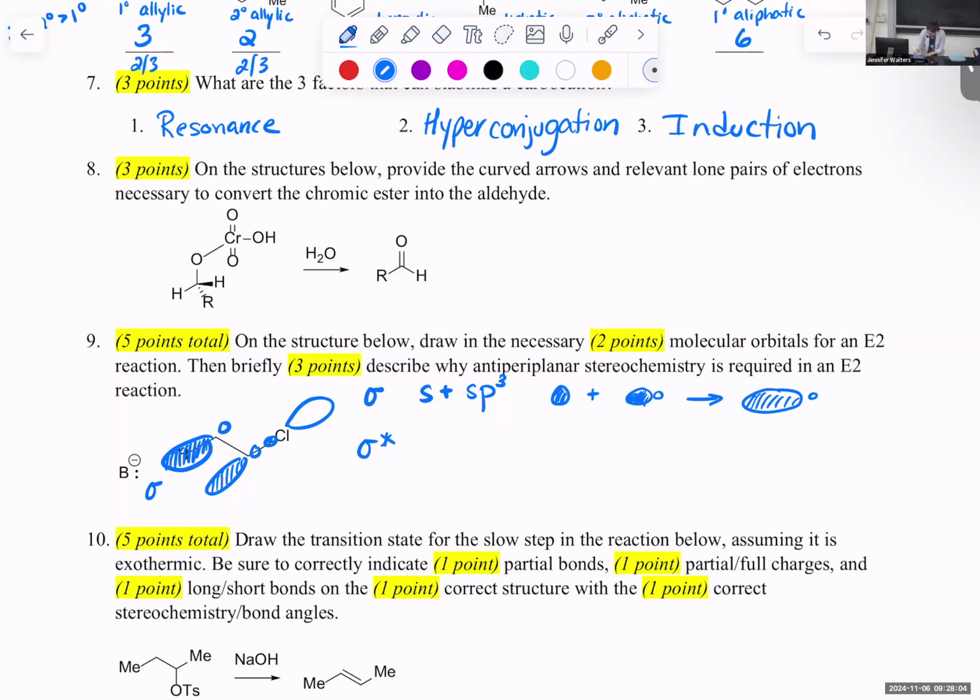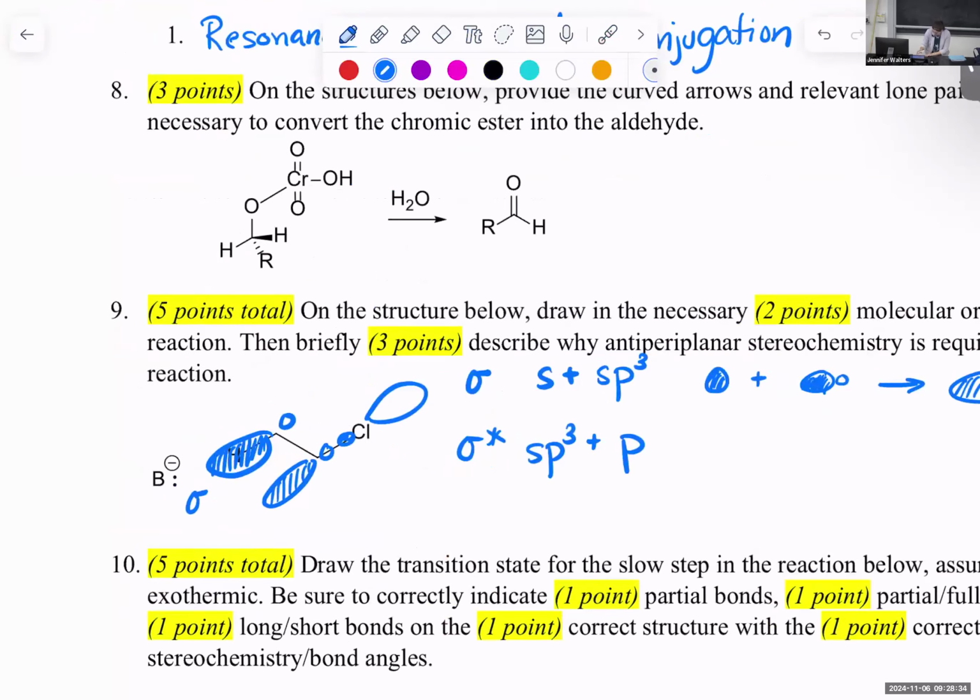For the sigma star, I am combining my sp3 hybridized carbon with the p orbital of chlorine. This carbon, again, has the 4 single bonds, so it is sp3 hybridized. When you're looking at the peripheral atoms, you don't hybridize them. We're just looking at where it has an unpaired electron. The unpaired electron is going to be in the p orbital, right? So if you consider its electron configuration,